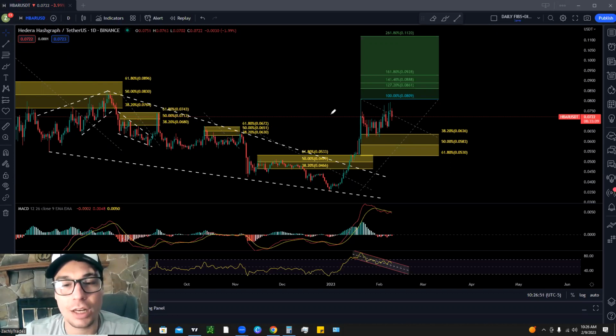We're going to go over the different chart patterns that we had, go over our three major retracement levels, which is why you see these multiple times on the chart, as well as some of the bullish price targets to the upside. And we're also going to take a look at the MACD down here, as well as the relative strength index, to see if there's any clues into some of the possibilities of this future price action for